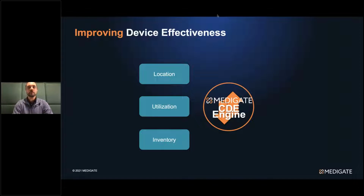I think there are 3 pieces of information that are listed here that you need to improve the effectiveness of these devices. The first thing, I'll start at the bottom, is you need an accurate inventory. And I know all of you have worked in your CMMS tools, whichever ones that you're using, or other asset management tools to maintain as close to up-to-date of a database as you possibly can about these devices. And the challenges with that work are just so numerous. Typically, the workflow is you have to go find the device, validate and verify the information about the device, whether it's its serial number or MAC address or other defining characteristics,